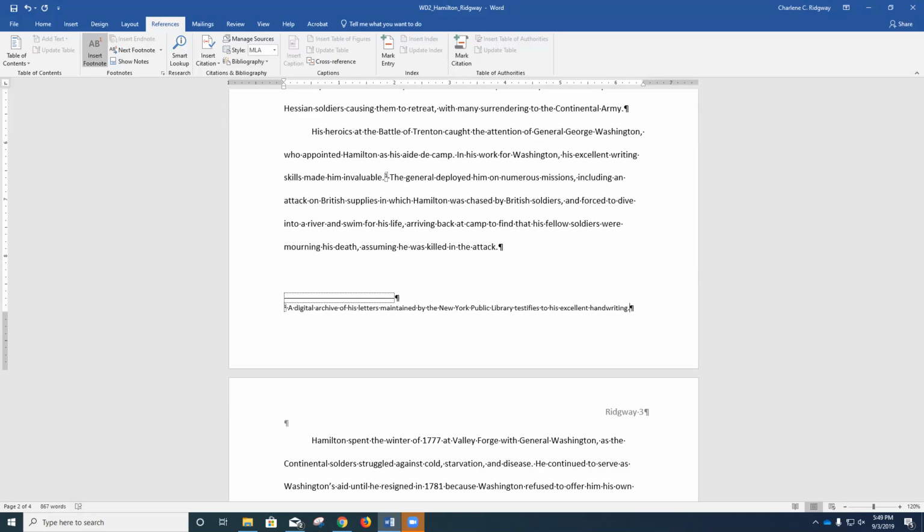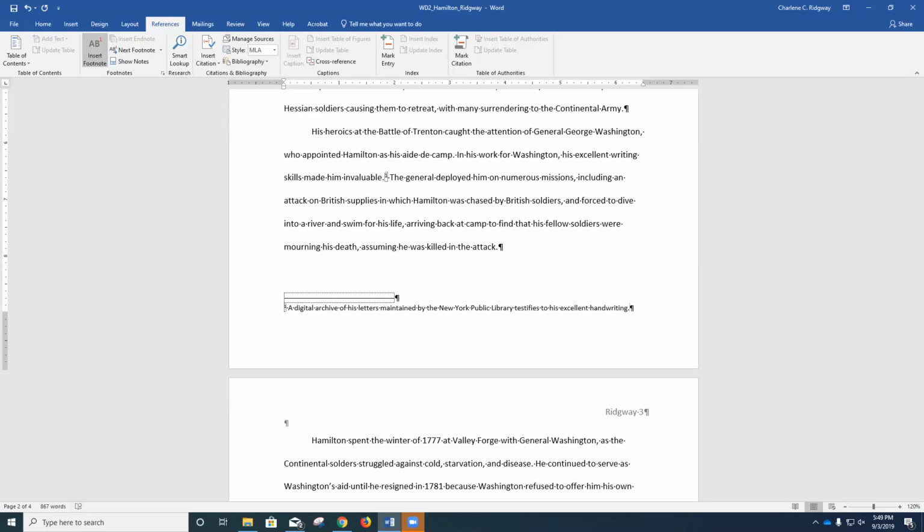Okay, make sure you have no blue wavy grammatical errors, and make sure you have no red wavy lines showing spelling errors. And if you do, be sure to correct those. All right, now we need to scroll up to the third line of page 2, locate the phrase, send Hamilton